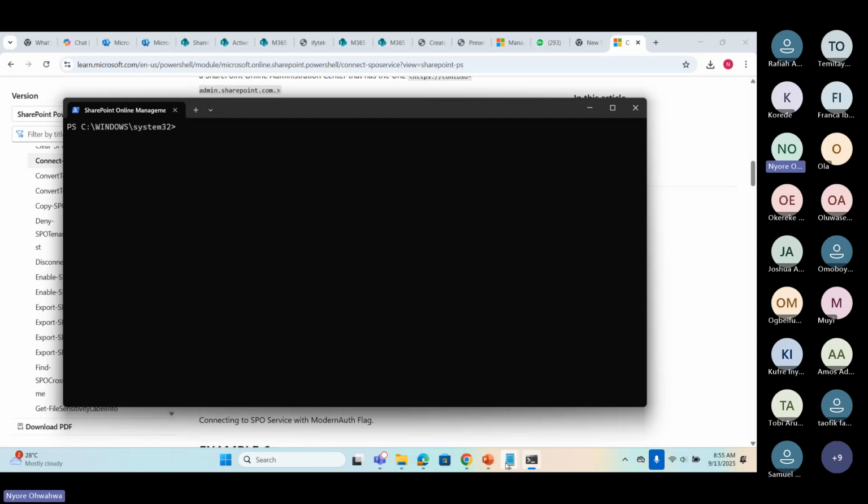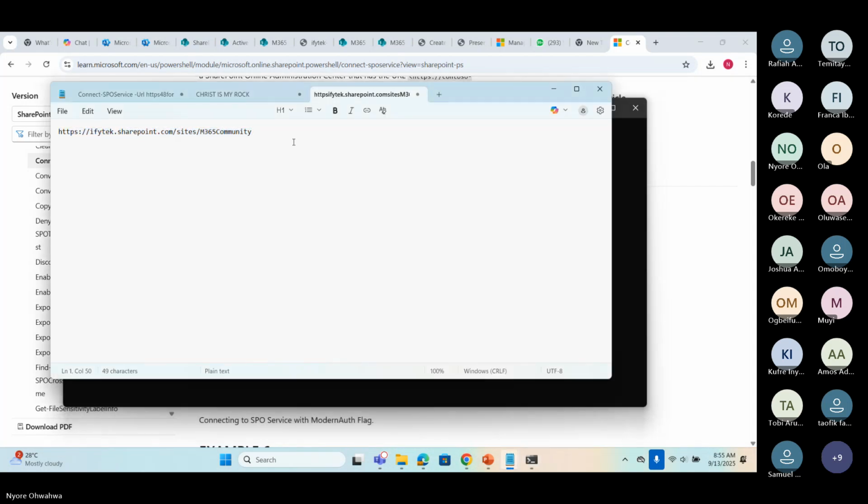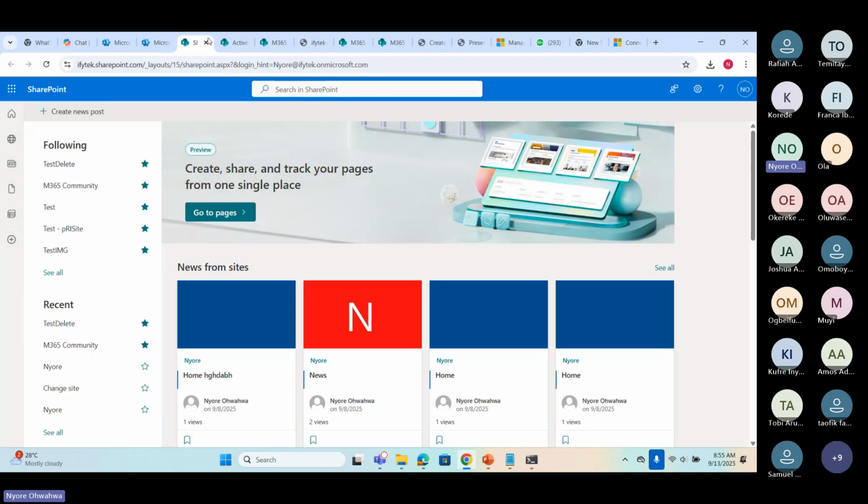So I will just paste this in my notes again. It has to be your SharePoint admin URL, because people make this mistake a lot when trying to connect to SharePoint.